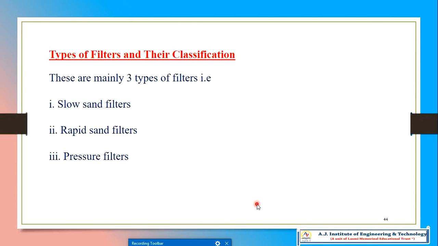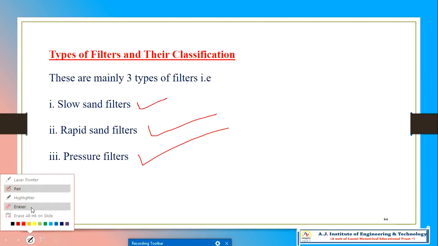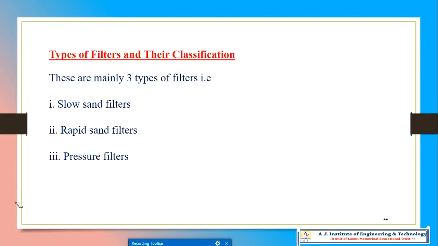So now, as per our criteria, we have three types: slow sand filter, rapid sand filter, and pressure sand filter. This is due to gravitational settling. There will be three types of filter: slow sand filter, rapid sand filter, as well as pressure sand filter. Okay. So now, if you concentrate on the slow sand filter,